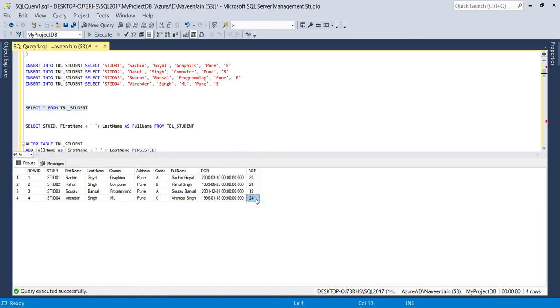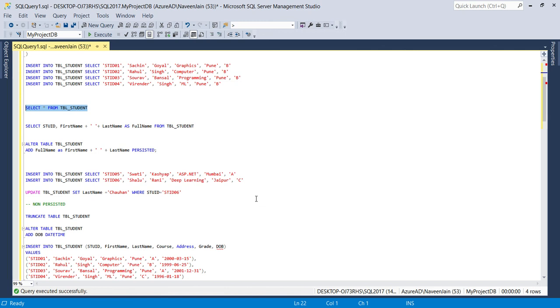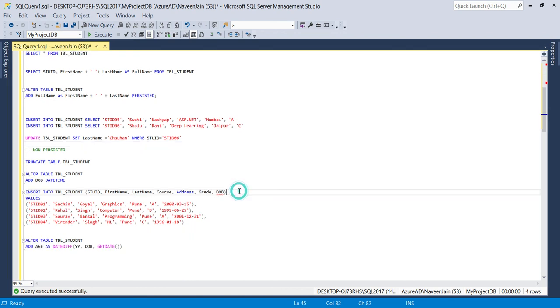So that is the difference between persisted column, which stores the values as physical, and non-persisted computed columns, which store the value as logical. Logical basically means nothing, it is just computing the values at the runtime.